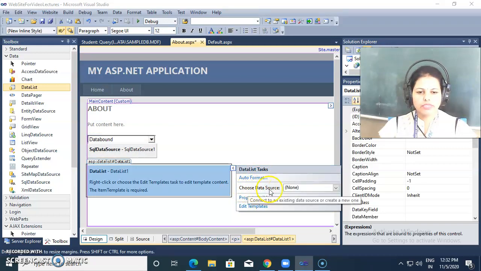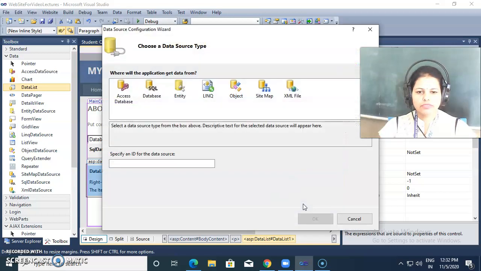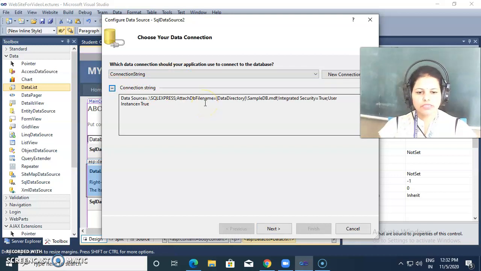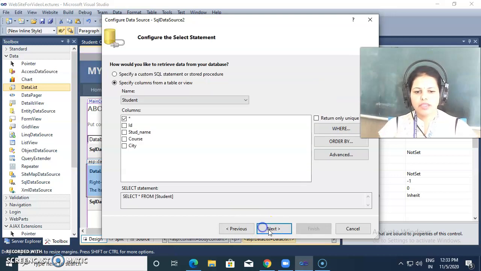Then I am choosing a data source. I am selecting new data source, and inside I am selecting SQL database, then click on OK. Then I click on connection string, because we have already created one connection string, so there is no option of database but connection string, and I click on next.